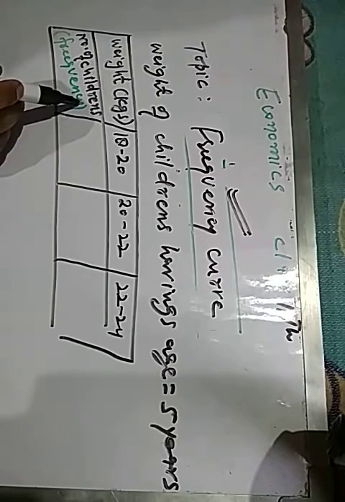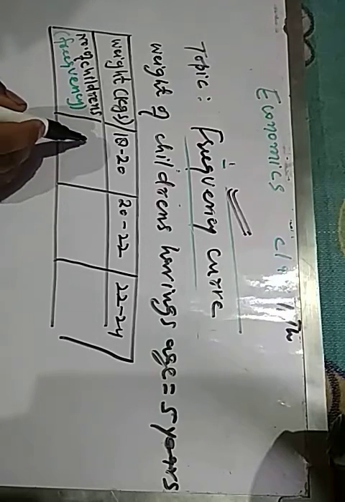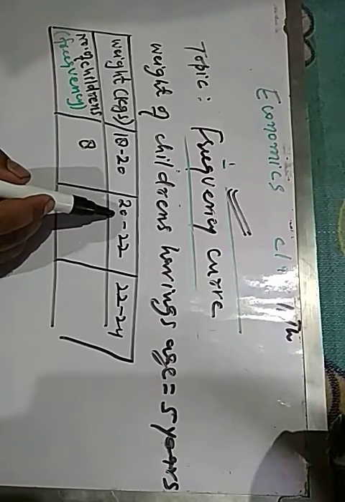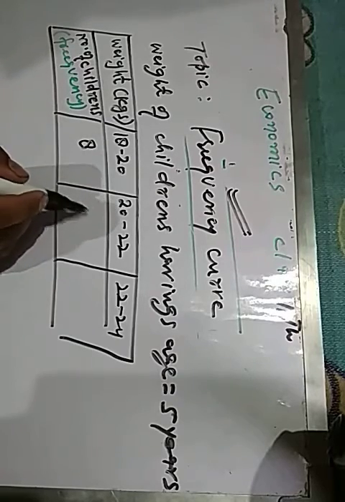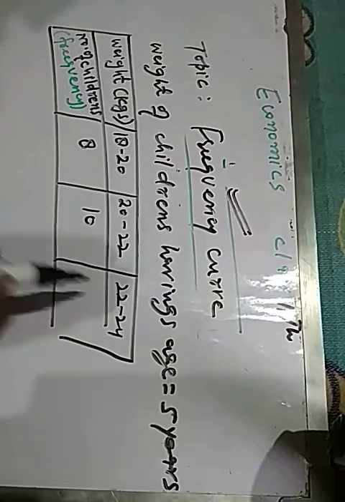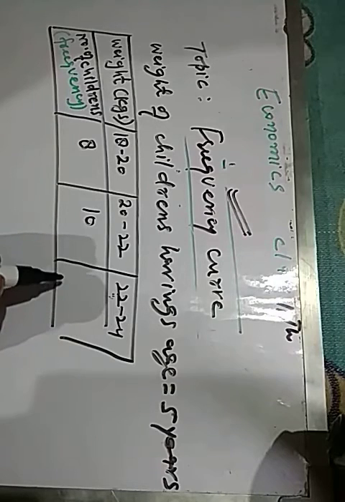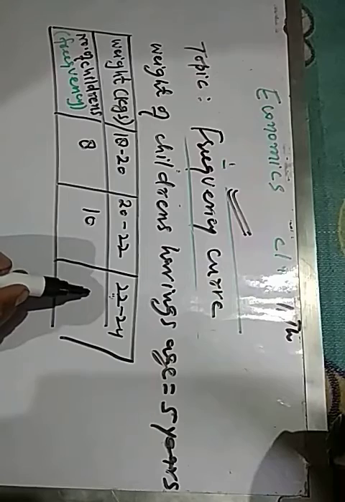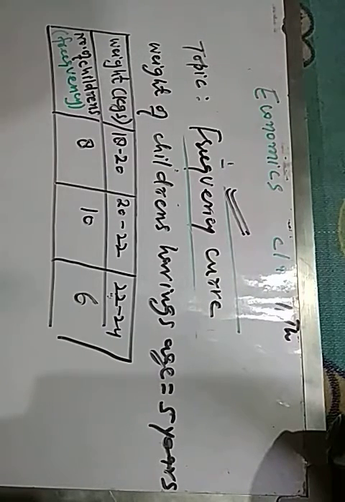And in the weight group 18 to 20 kgs, suppose there are 8 children. In the next weight group, let us take the number of children equal to 10. And in the last weight group 22 to 24 kgs, let us take the number of children equal to 6. This is the given data from which we have to